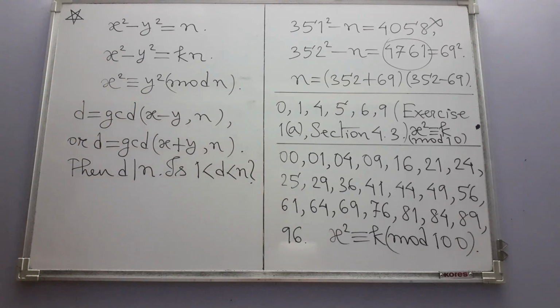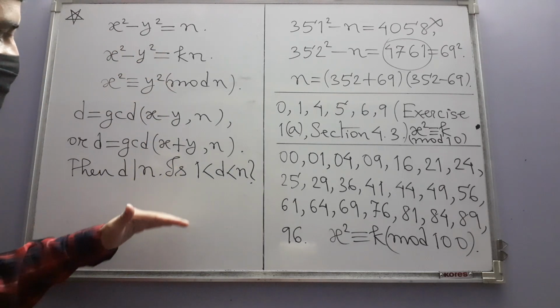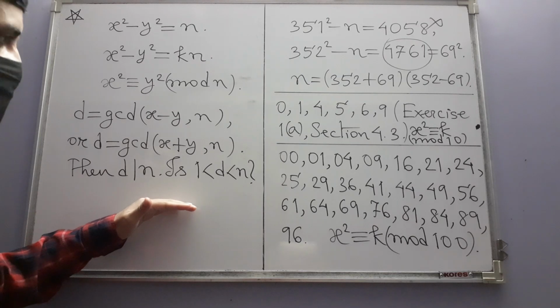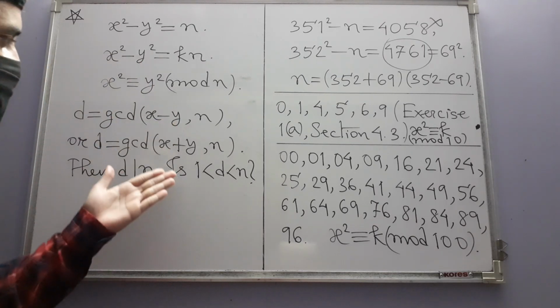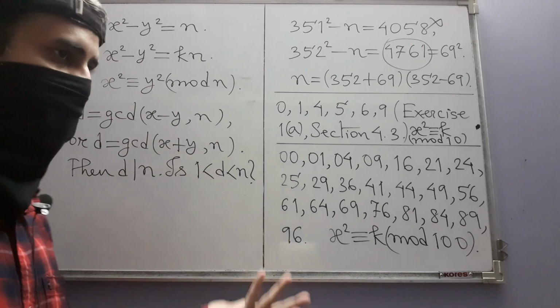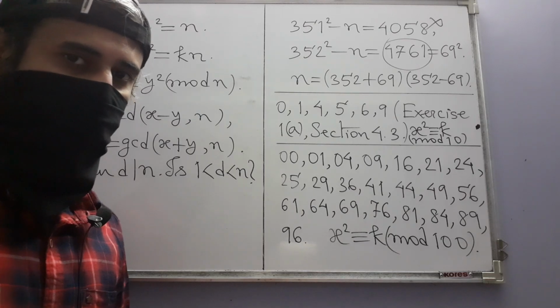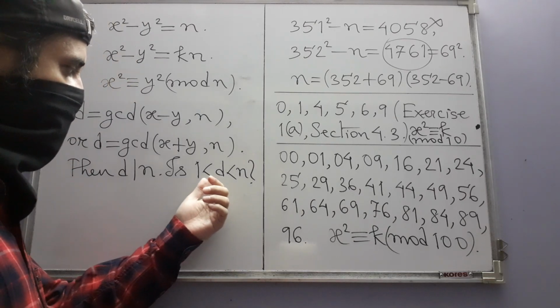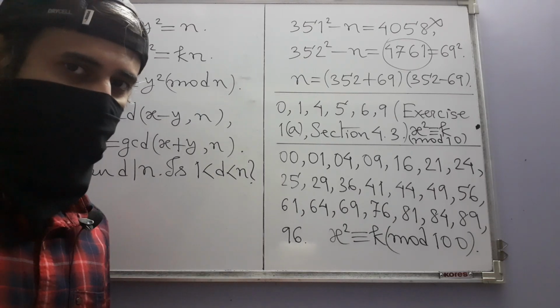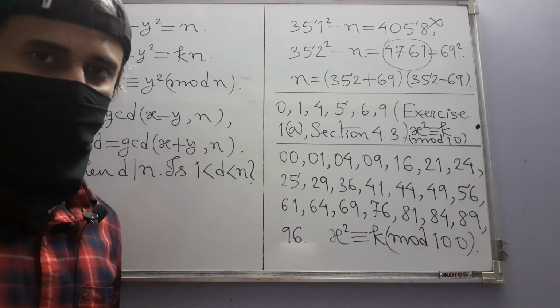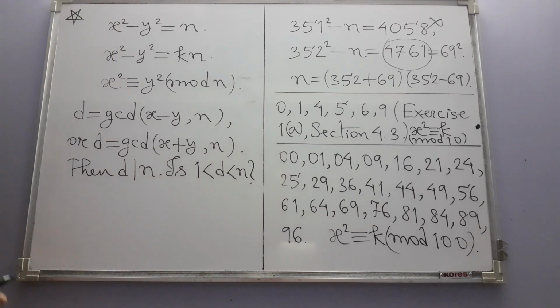We don't really know. If we apply this method, who knows for what choice of x and y we will get non-trivial d. Some x and y may actually give us say d equal to 1 or d equal to n, but then it's useless to us. So can we do something about this? In practice, the author says that